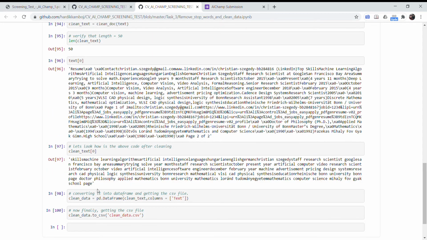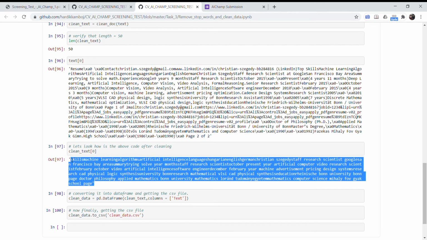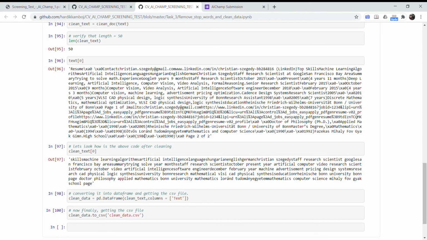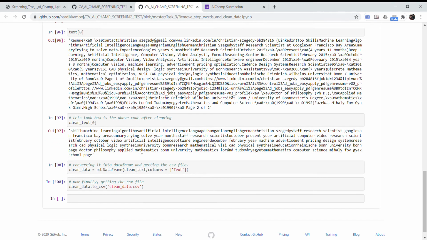So we can see that this data is much cleaner as compared to this one. Now again, since we want the CSV file, what we do is we convert it to a data frame, and then we again just take, this I ran locally, so this will do. If I run just this, I will get a CSV file, and you can see I have gone up to